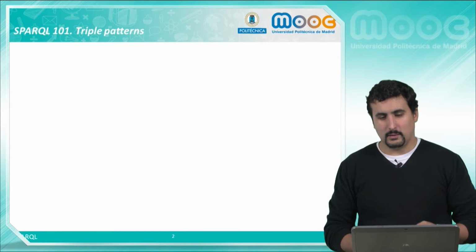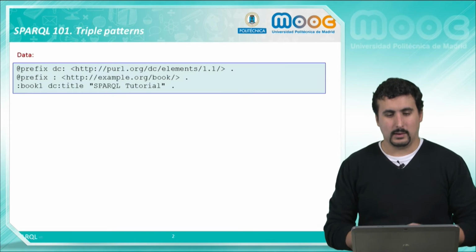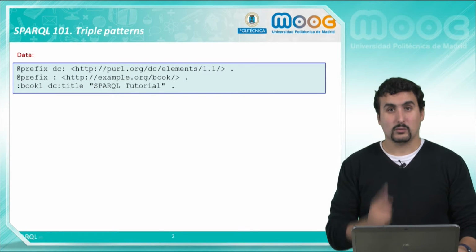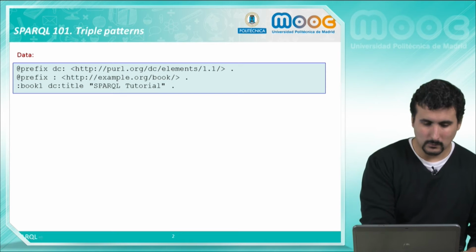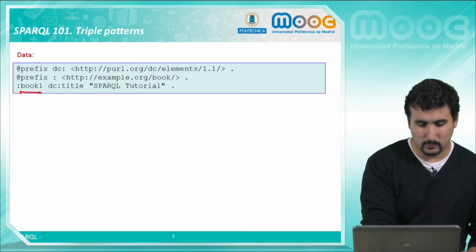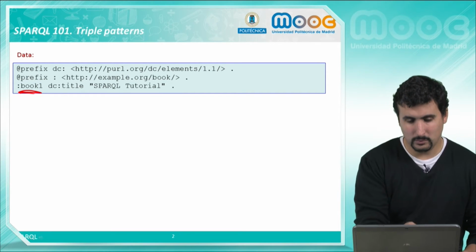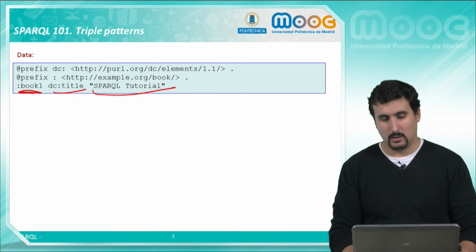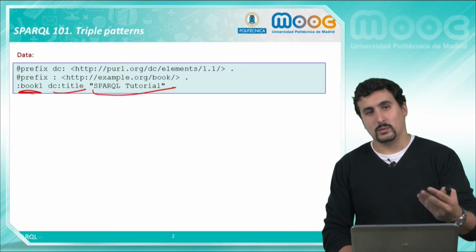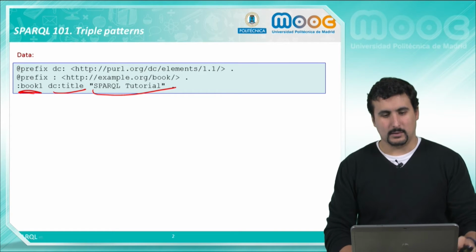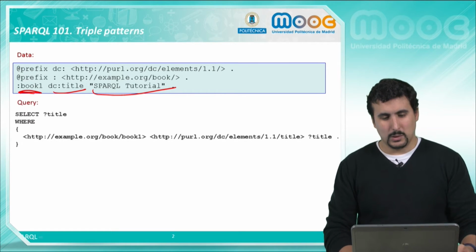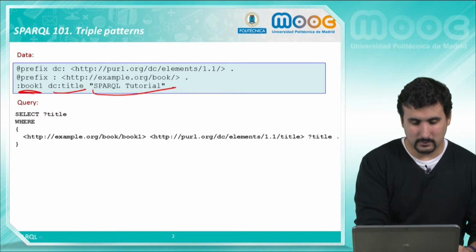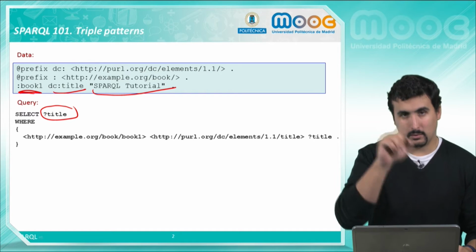So let's start with a really simple dataset, the simplest one actually, a dataset containing just one triple. We have an individual representing a book with a title and a value. That's all. So let's see how to get the title out of this dataset with a SPARQL query. What we will say is that we want to select the title, a variable named title. We denote variables with the question mark,